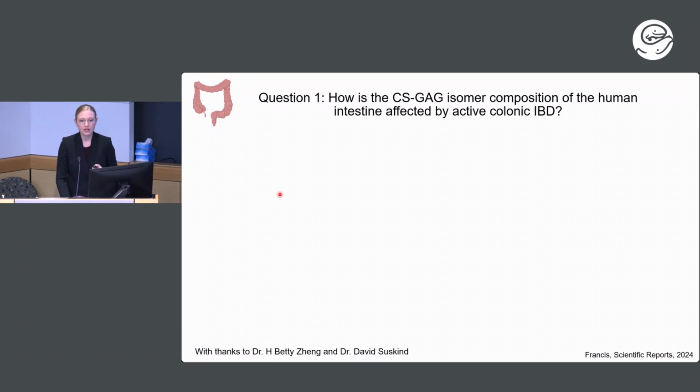So the first question I wanted to answer was related to colonic inflammatory bowel disease. So I'm talking about ulcerative colitis and Crohn's disease that involves the colon. The next couple data slides that follow are all going to have a little key at the top here, which clues you into what area of the bowel I'm talking about. I'm going to start with the colon and then move to the small bowel.